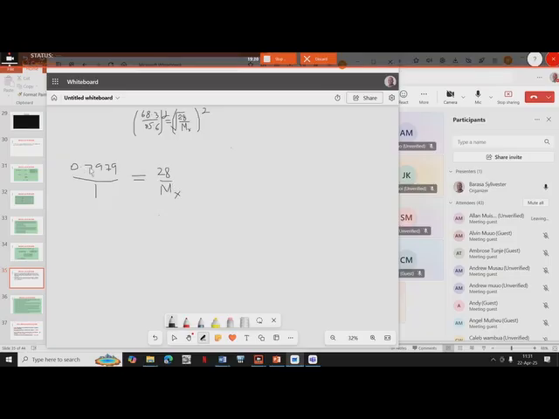Then it is equal to 28 over mx. John, I want you to confirm this side, have we squared? We have not yet squared. So it is the result of 68.3 divided by 85.6. Then when you square it,